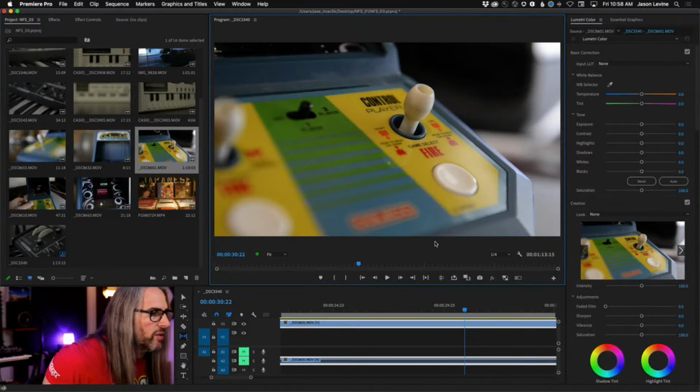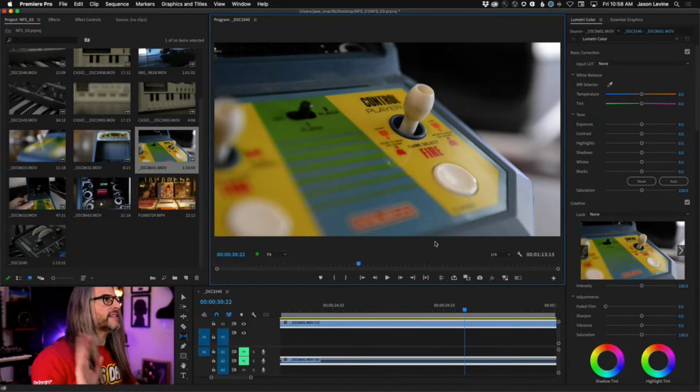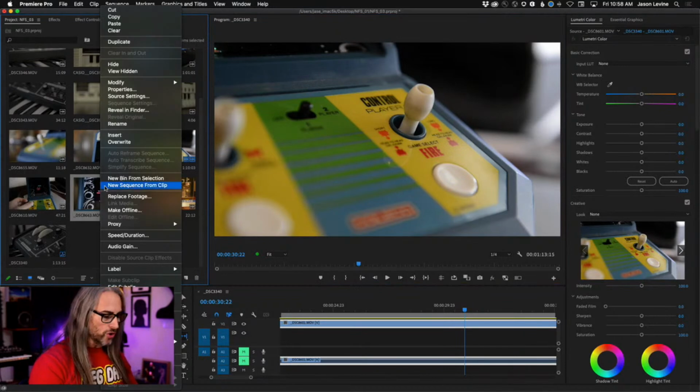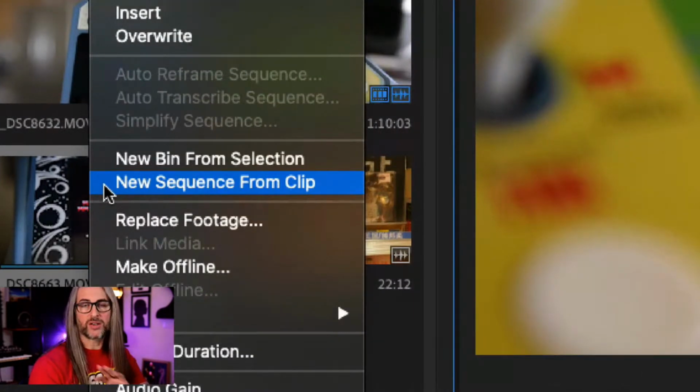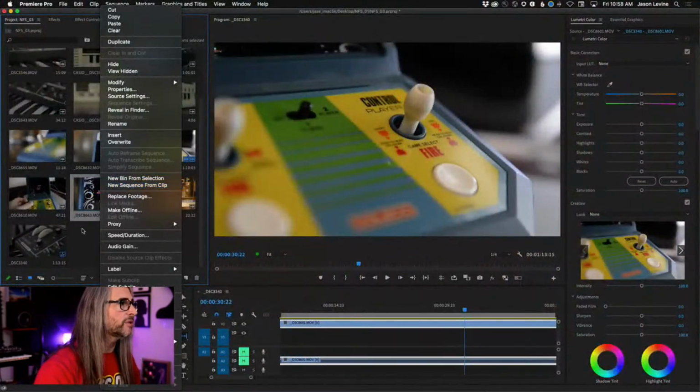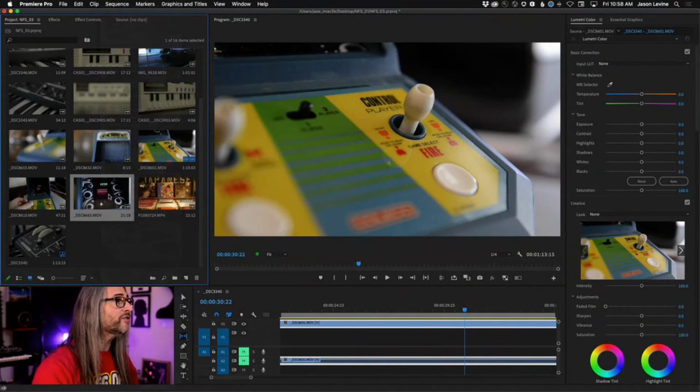Okay. Karthik, what about creating a sequence in 4K? What is the sequence setting, 18:9? And how to export in 4K? All right, Karthik, you're asking a couple questions here. Again, if you were just to do new sequence from clip, it's automatically going to create a sequence for you. Now, I don't know if you meant it to be 18:9, 16:9 is more standard, but again, aspect ratios are arbitrary. You can make it whatever you want. You can do new sequence from clip, or even after the fact,